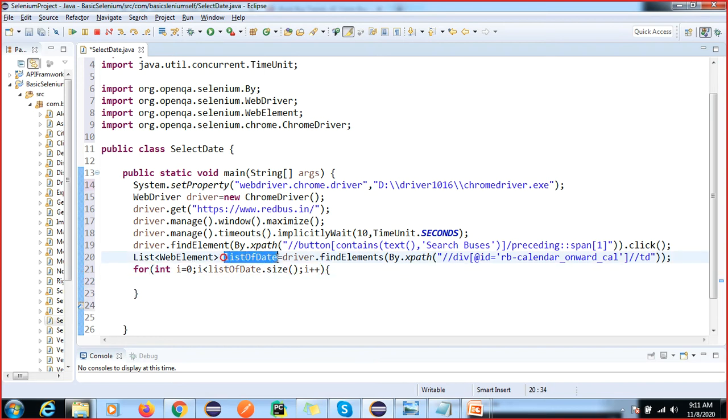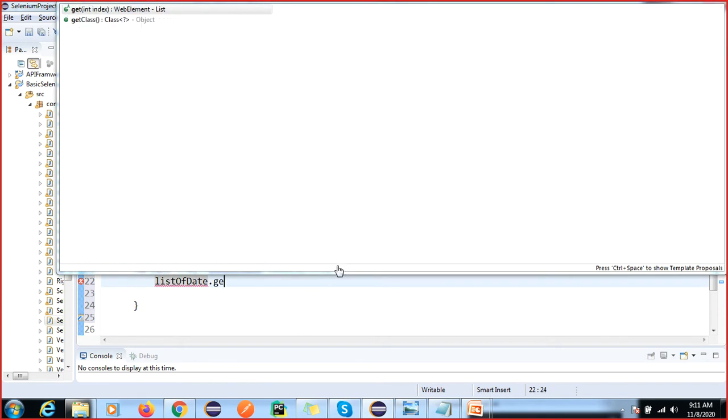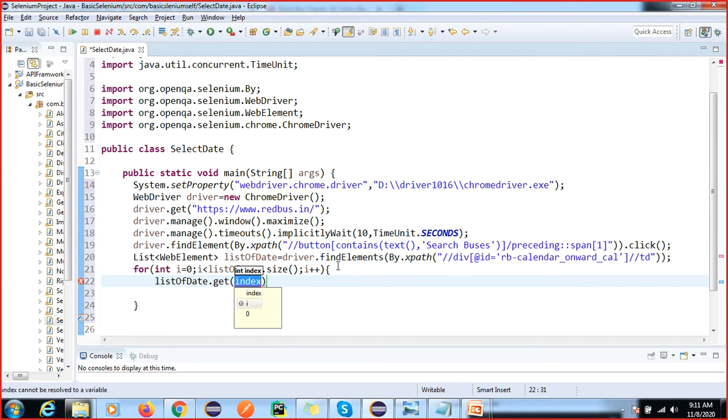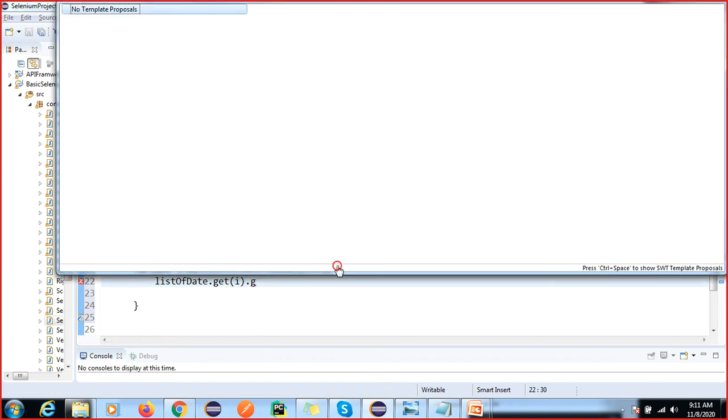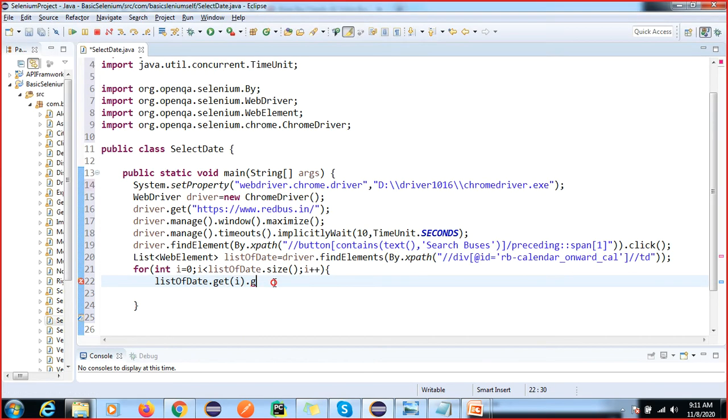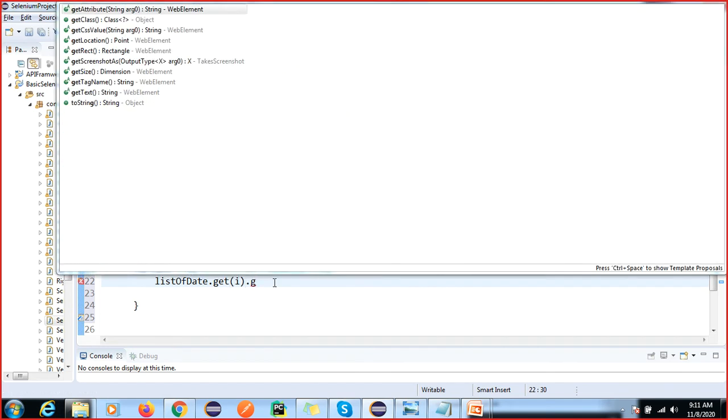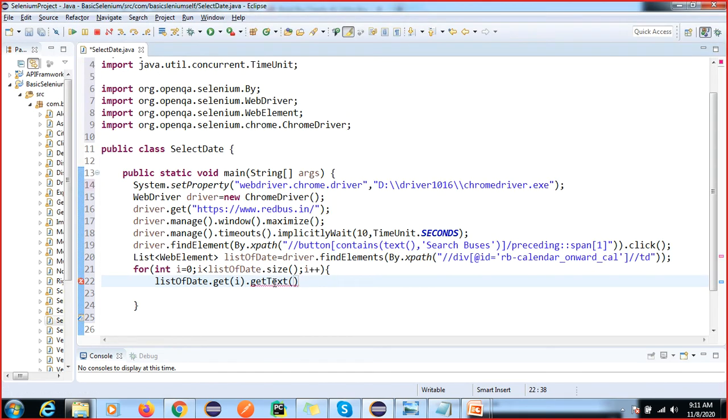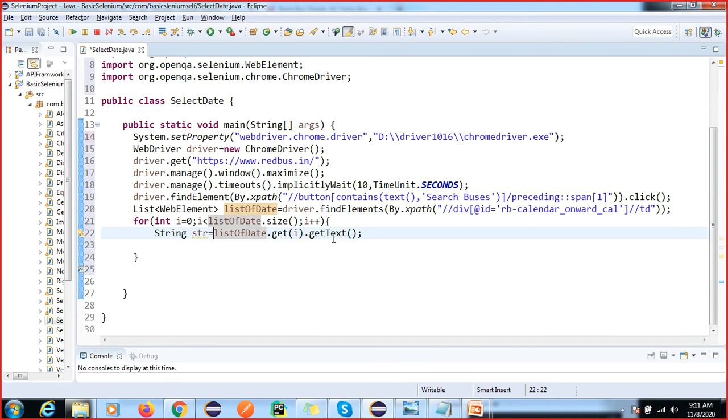Then here we are going to display all the elements which are available. For all the elements we have the method called getText, which returns a string. So now I'm going to print this value also.